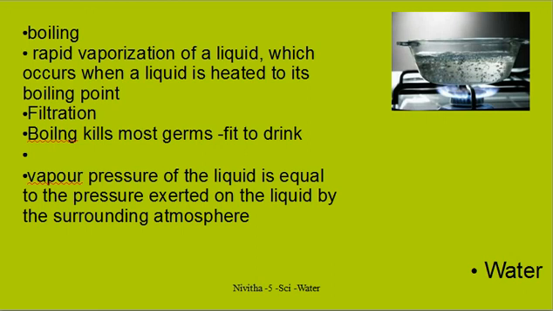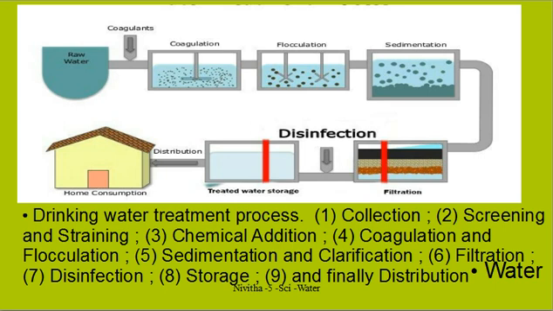Water becomes bubbles. Now coming to how the water is purified. In this picture you will see the rainwater is collected and then coagulation is done. It is mixed so that the soluble and insoluble impurities become coagulated and then it is left for some time for sedimentation. When the sedimentation is over, it is let through filtration. Whatever is soil or gravel is sedimented, and the pure water left on the top is let through filtration. After filtering, it comes for disinfection where chlorination is done to kill the microbes in the water, and then it is stored in water tanks and supplied.